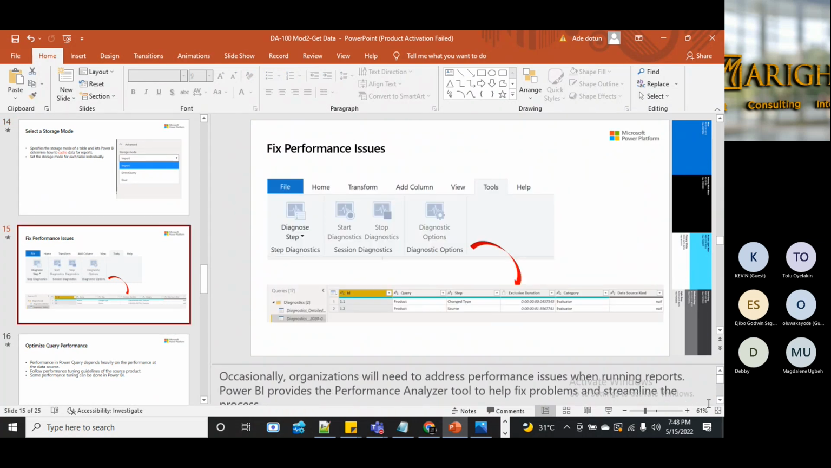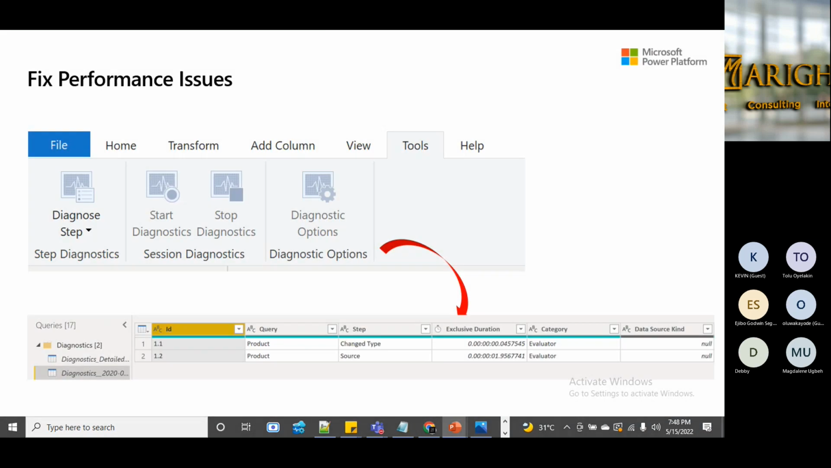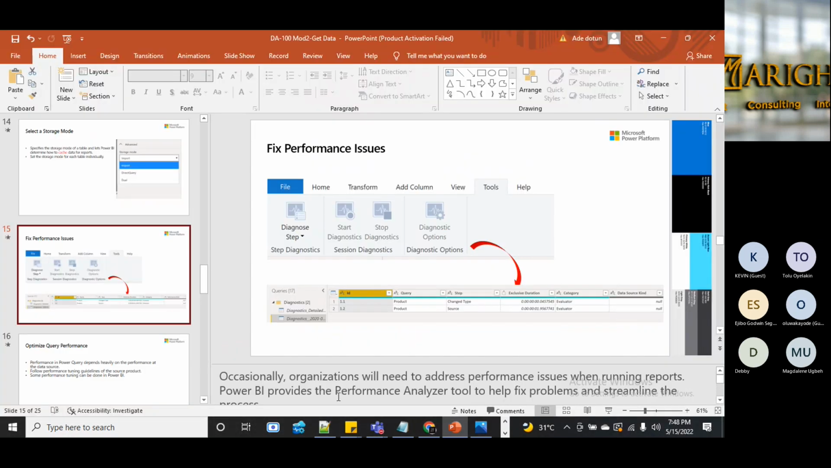All right. So now fix performance issue. So how do you fix performance issue within your Power BI? You go to your files, you can just do your diagnostics and see some changes that will occur there. Let me just show you. He said occasionally